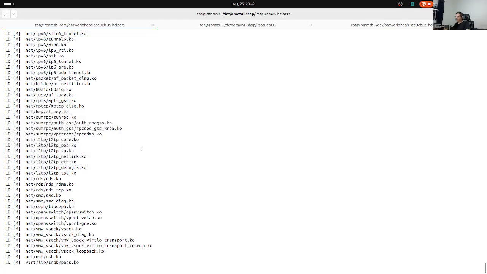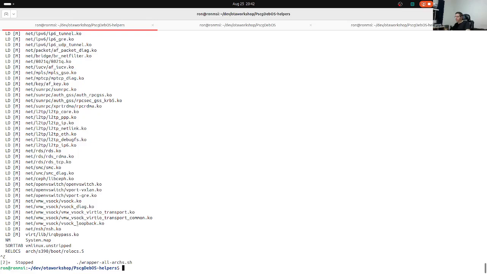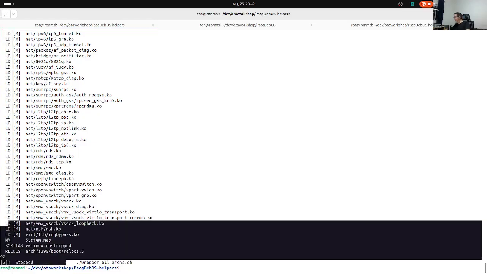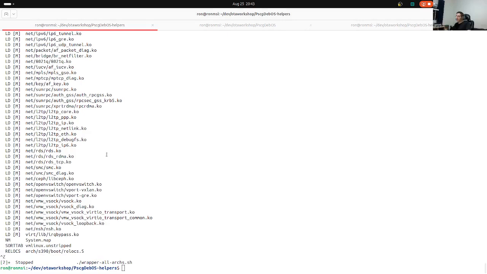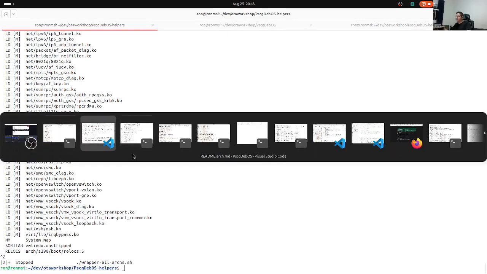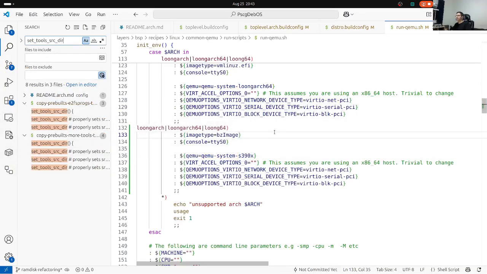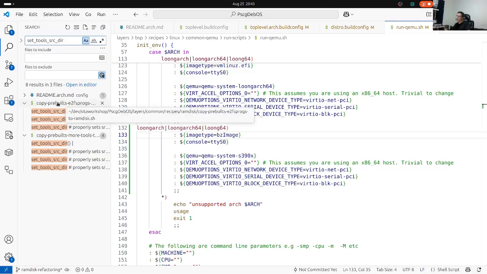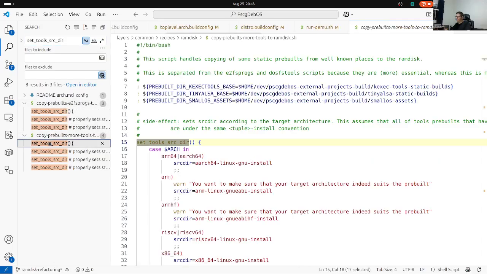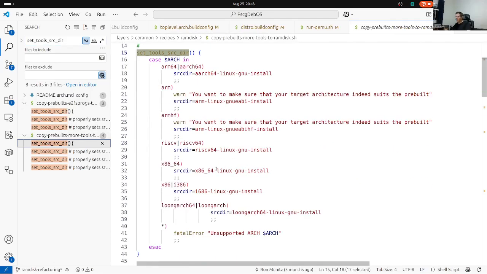Now there is a chance I need to make sure that now that I actually added the tool, I will put it. Okay, we're very close to finishing. So I want to triple check that I'm actually using the right tools, copying the file that I just built. There are several places where this thing exists. So there is set tools src dir in prebuilt of ETFS blobs, and then I add more tools. So I'll put it in more tools. I'll add here